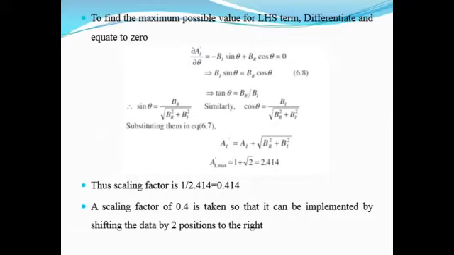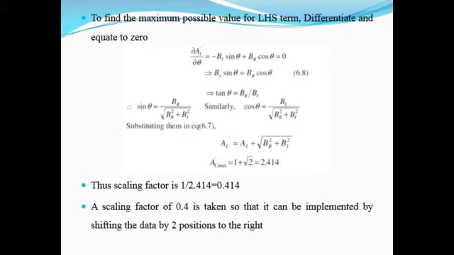So that is 2. So square root of 2 is 1.414 plus the value of AI. Value of AI is 1. So that is giving us 2.414. Now the scaling factor is calculated. The scaling factor is 1 divided by this value. So 1 by 2.414 is giving us 0.414. The scaling factor for this is 0.414.